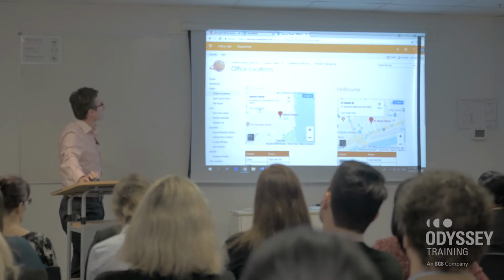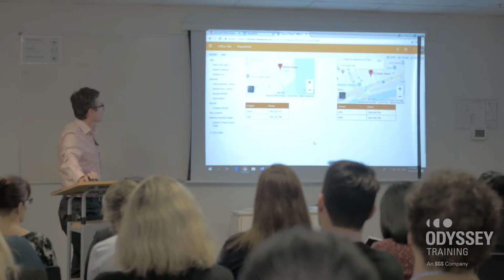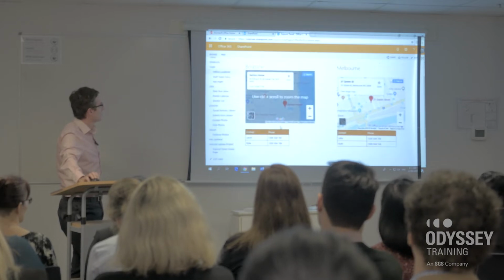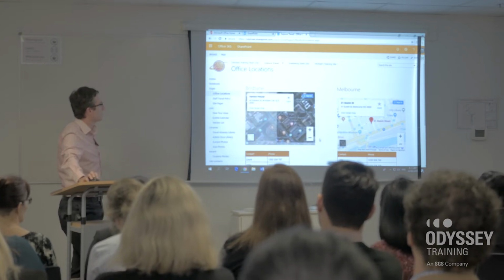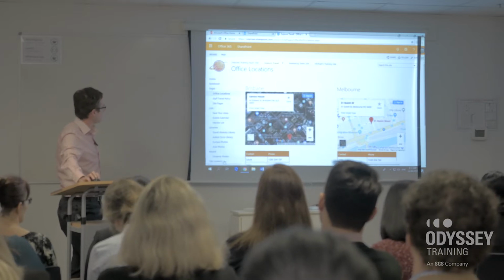Look, there's another page. And so you can see there's some information there on the Brisbane office and the Melbourne office and some contact information. Now, what's actually great is that that is actually Google Maps there. You'll see that I can zoom in and zoom out on that map. This is something we talk about in our courses, how to embed code in your pages. That's some pages. We've got a few other things on this site.